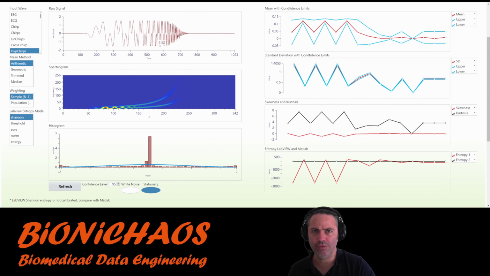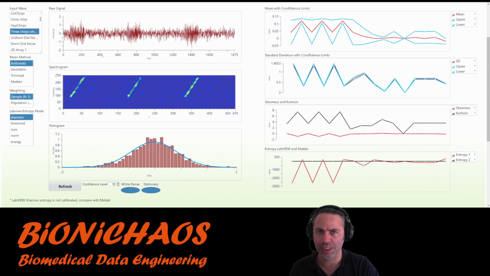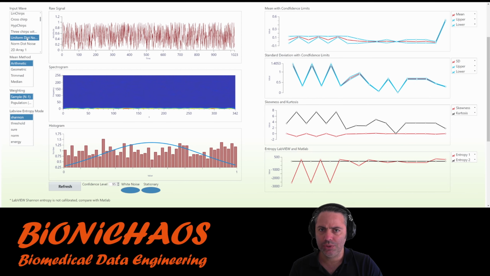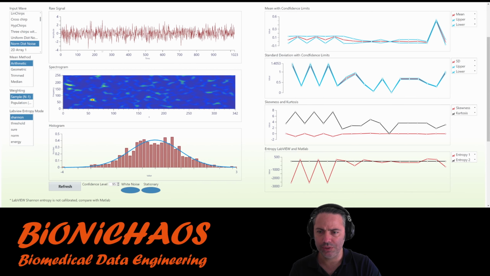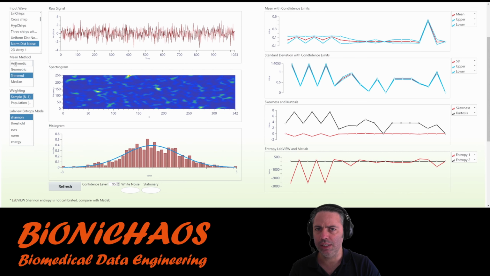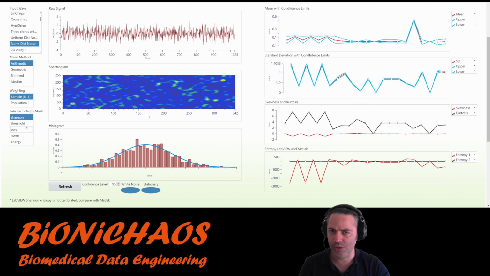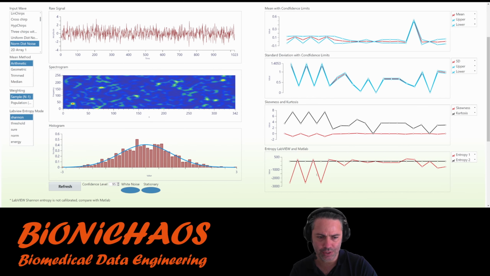Arithmetic mean is the default. But this one should be more interesting because it has noise overlaid and these three chirps in a row. Then you have examples of uniformly distributed noise. This one obviously comes up as white noise and stationary. And you have normal distribution noise that also comes up as white noise and stationary, but has a very different histogram shape. And again, you can calculate the mean in different ways, and also the entropy calculation is down the bottom